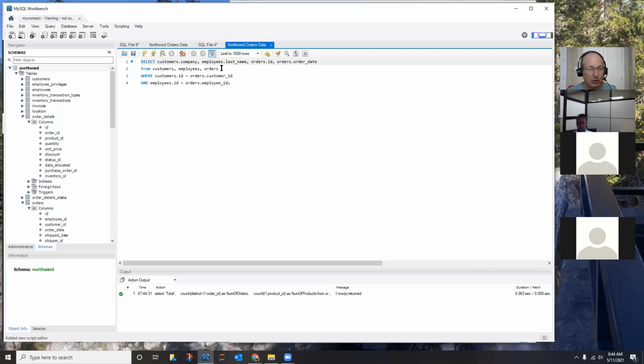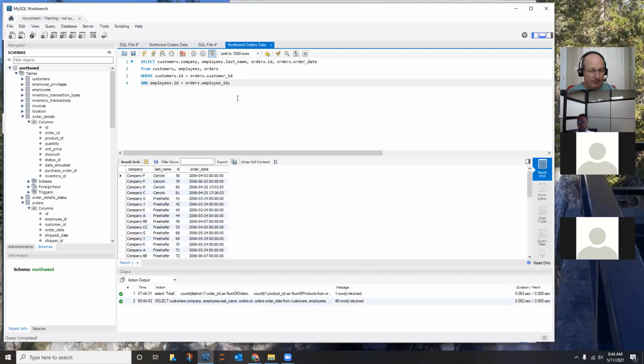And I wanted to join customers to the orders that they're placing and the employees to the orders that they are working. So those two lines in the where clause join our tables. And I hit Control Enter, and I get